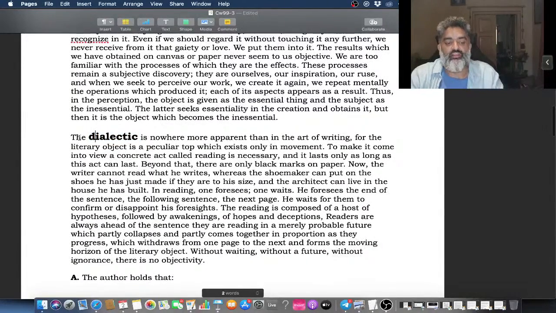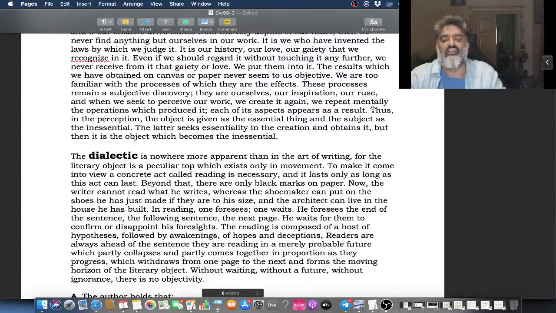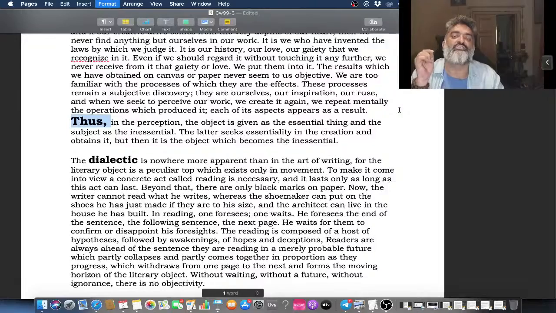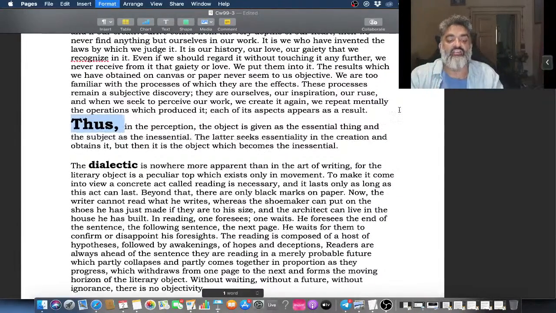So a little bit of trouble here, but the dialectic is nowhere more apparent. That means something is very apparent in this particular art of writing. So what is that something would be my idea, and I can start my journey from the bottom as well. So let me see. There is a big "thus," and "thus" is very interesting, especially if the passage is difficult. Why? Because after the "thus," he is going to summarize the idea, and if I look at it,